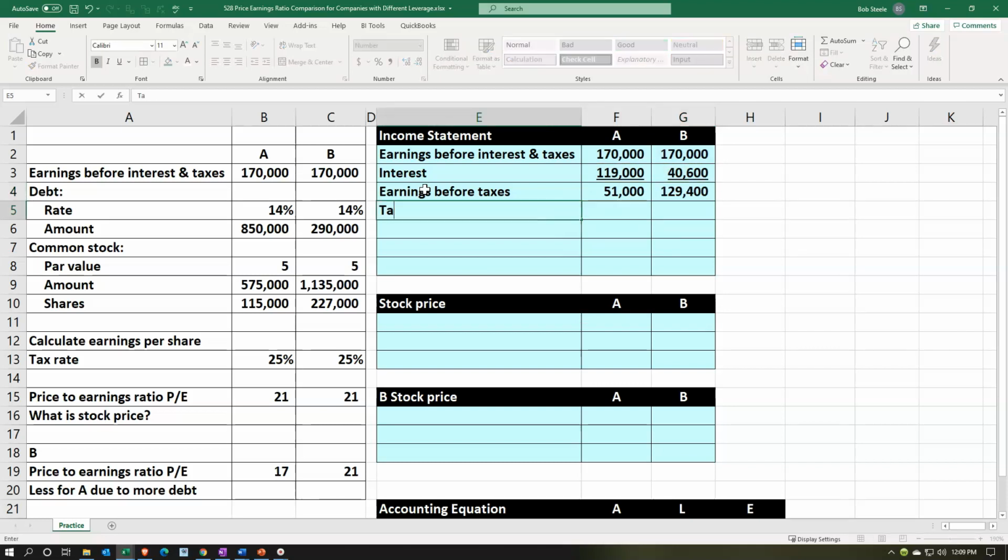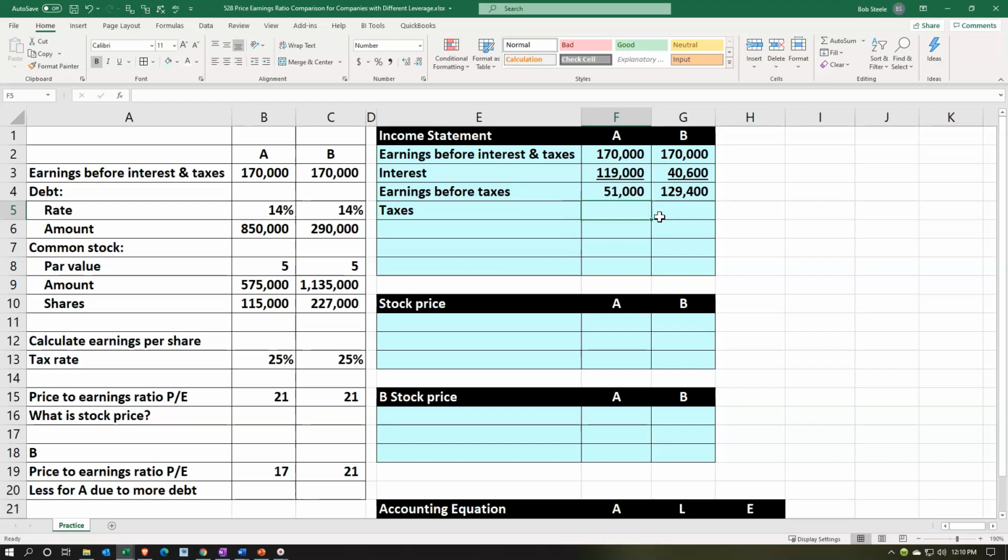Then we're going to have the taxes. Taxes are now going to be calculated using the same 25% rate. But now we have a difference in the bottom line number. So notice that the interest for A becomes a tax deduction. So they're actually going to pay less taxes, because the amount that's going to be taxed will be less due to the fact that they get to deduct the interest, whereas B doesn't have the interest because they financed not with taking out debt, but with more equity,